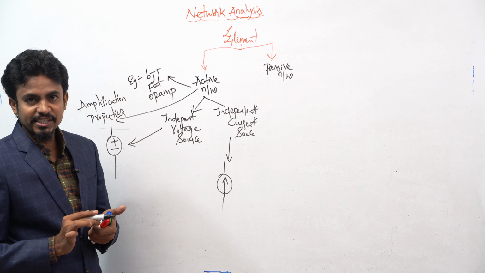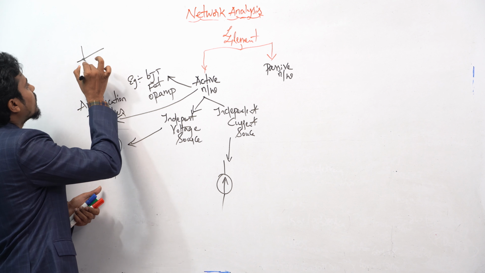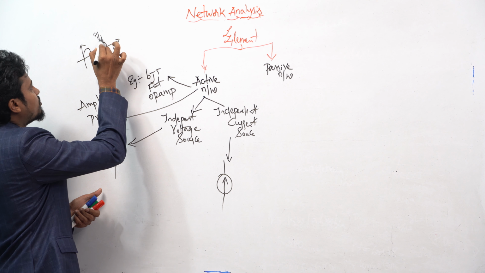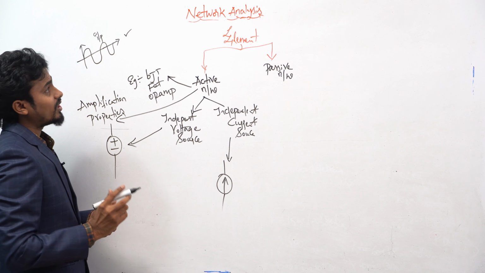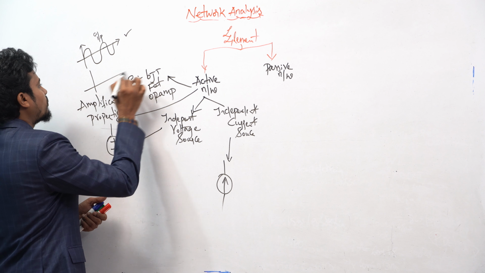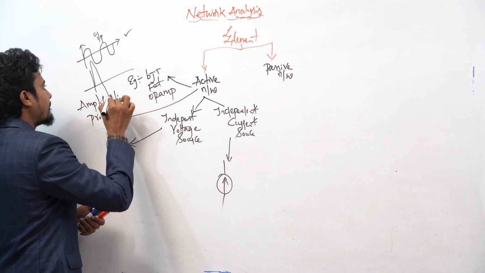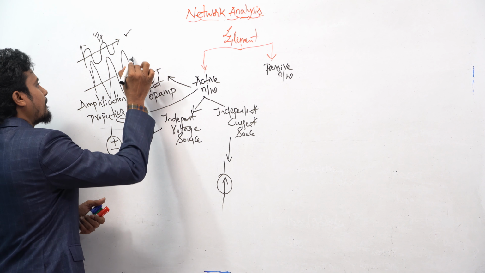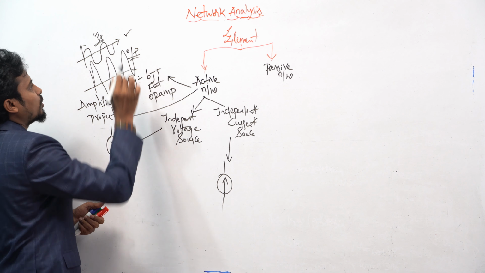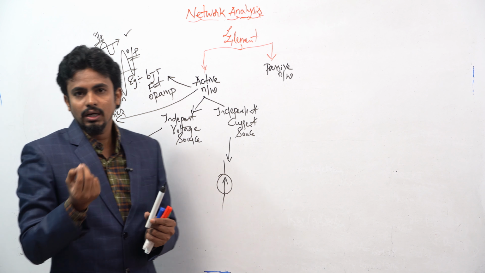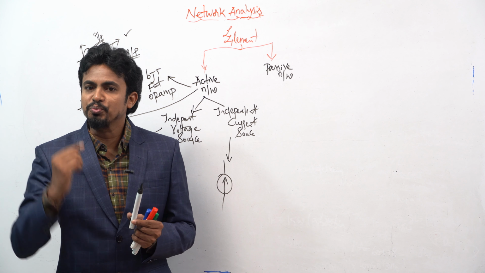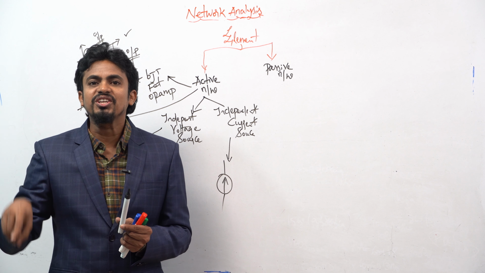Amplification properties means, for example, if you take a plot like this, this is your input. What if you apply the amplifier to this, what will happen to the output? You will get your output like this. Here you can observe my input is a small wave, but the output I get is a big waveform, that is the amplified waveform.